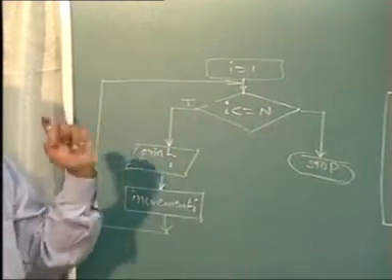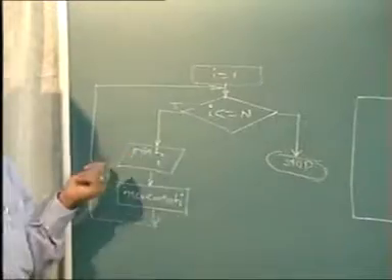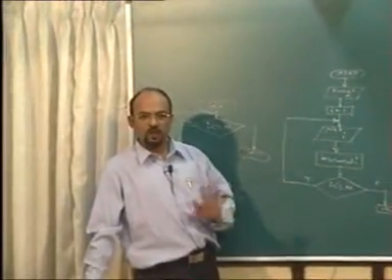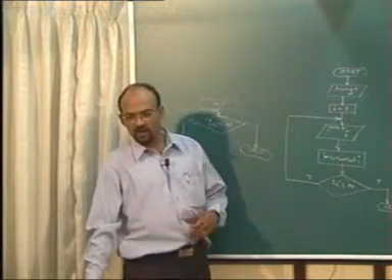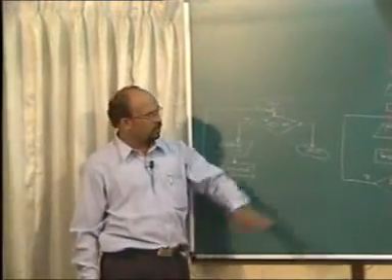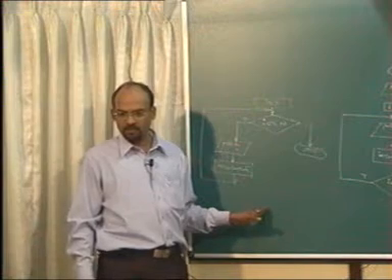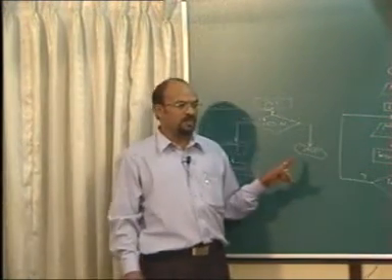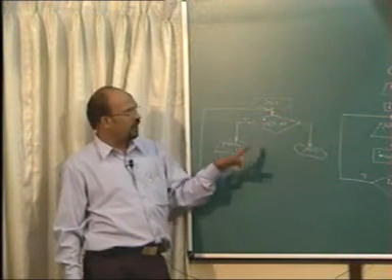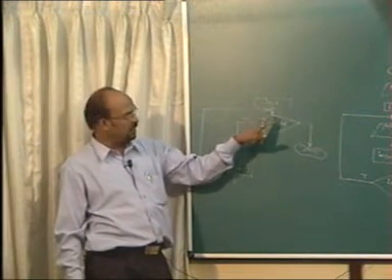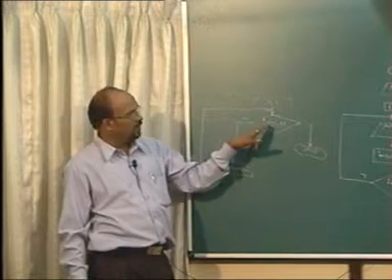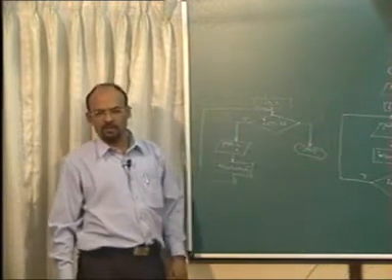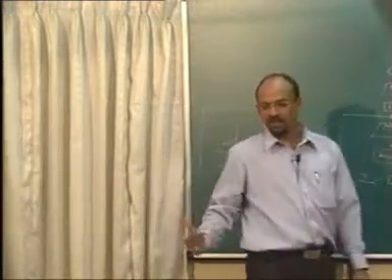Okay, only thing is the beginning is different. It checks first and then prints. This will first print and then check. So far as all the numbers which are valid like 2, 3, 4, 10, 100, 1000, both of them will give us the same output. But when I enter a number like 0, this will print 1, whereas this will not print anything. If I enter 0 as n, then I is assigned value 1. 1 less than or equal to 0 is false. It won't print anything, it will straight away stop. There will be no output if the things are written in this way.